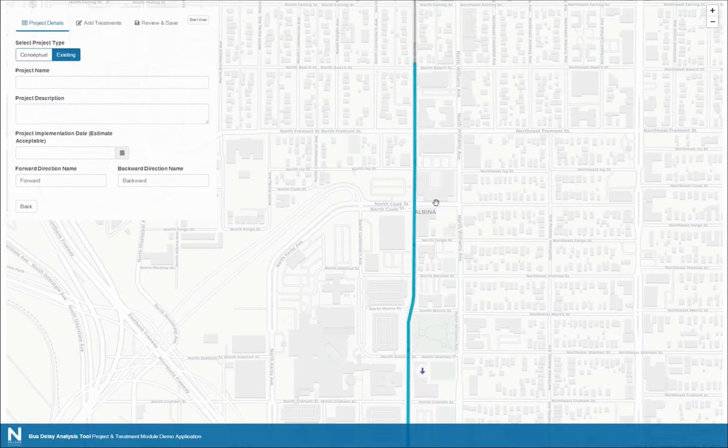One would be if you're a transit agency and you have been working on creating a lot of speed and reliability improvements, and you want a way to record that data in a consistent format. This would be one way that you could do that. You could go in and program those in and have that data recorded. Another potential benefit